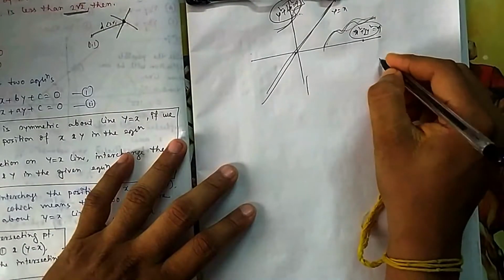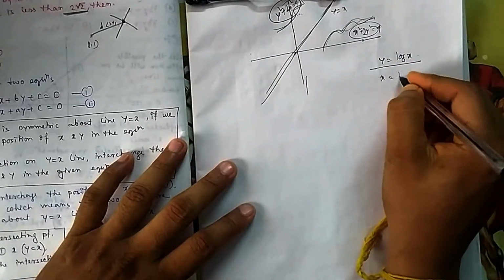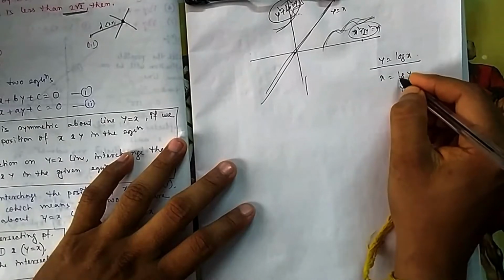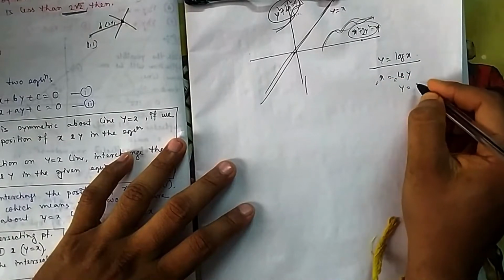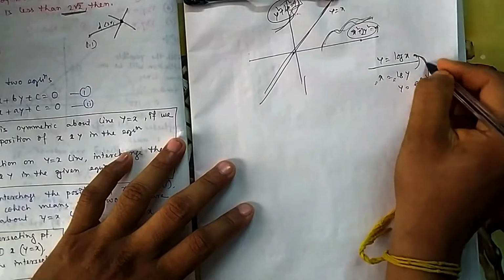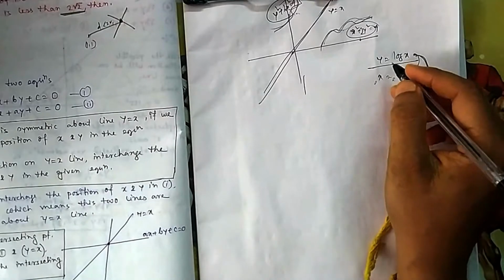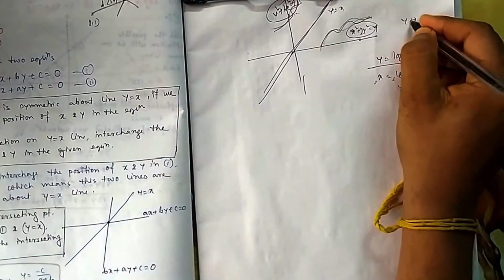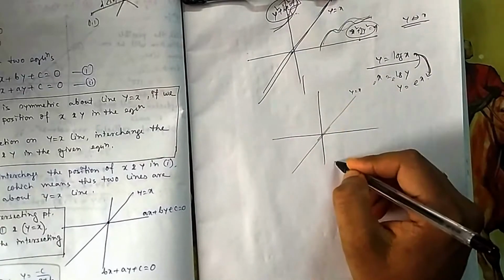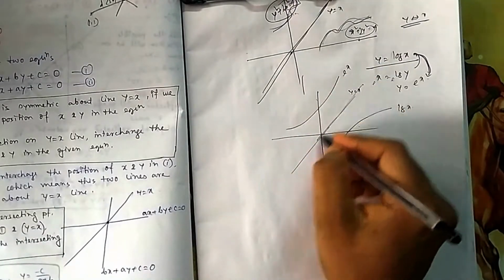One beautiful example: suppose y equal to log x. If you change the positions of x and y, it will be x equal to log y. What should y be here? Because you know how to remove the log: if you take e on both sides, the log will be removed. So it will be e to the power x. So interchanging x and y is nothing but taking the inverse function. If you see the y equal to x line, and the curve of log x, and the curve of e to the power x, these are images of each other about the y equal to x line.